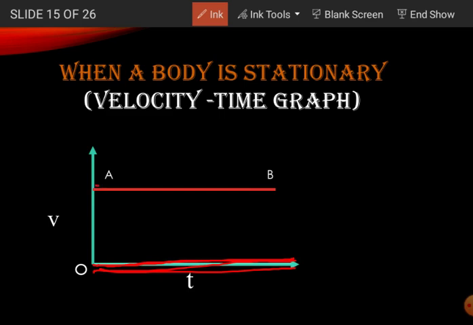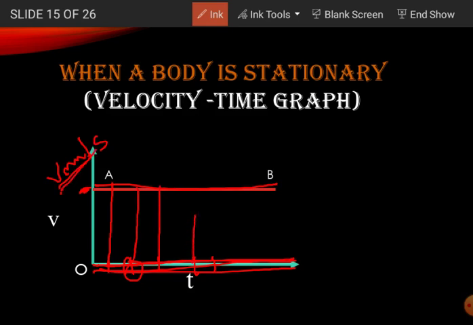But if the graph is coming up here as AB like this, this is for what? Uniform speed. If suppose this is your V, meter per second, then what happens? At different times also the body remains with that same V meter per second. During this time also the body will move with the same velocity. At this time also, and at this time also. That means throughout the time,